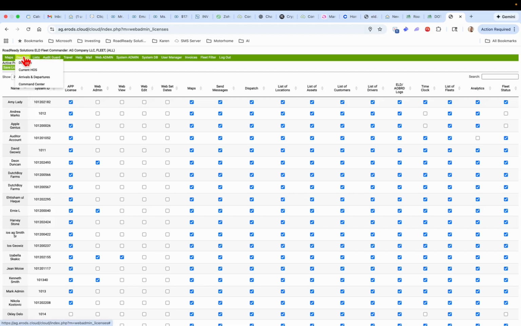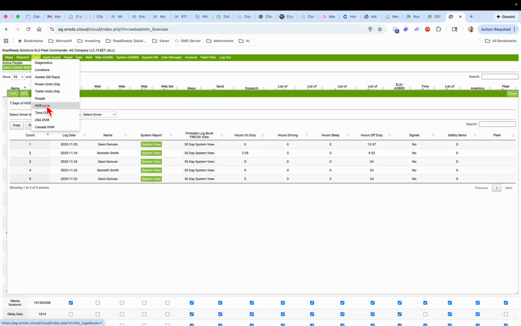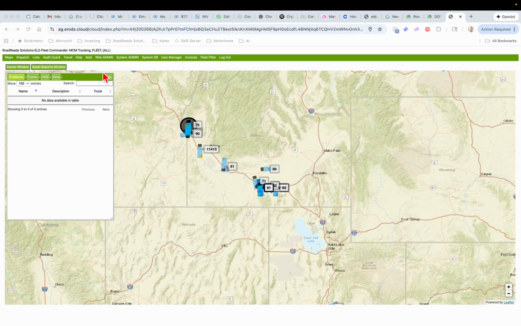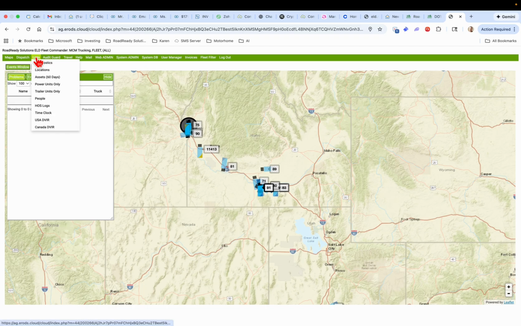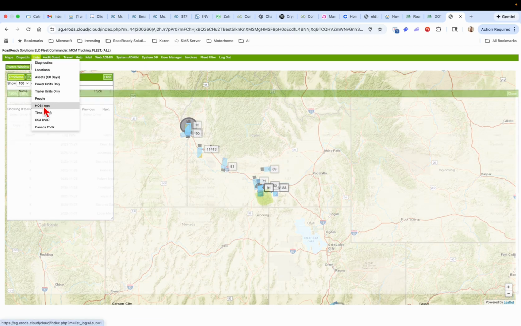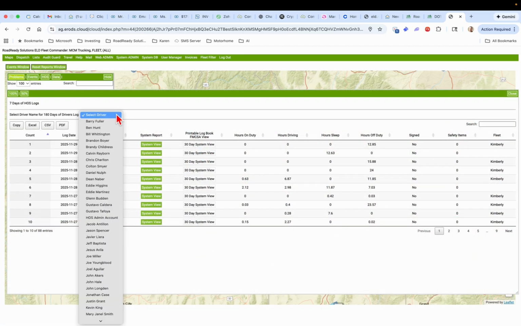Other functionality in the admin portal specific to the ELD mandate are the hours of service logs. This is the meat and potatoes of why the ELD exists. Go to Lists, Hours of Service Logs, select the driver we wish to see,